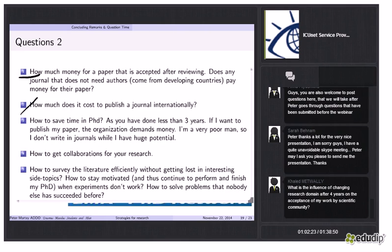How to save time in a PhD? You have done it in less than 3 years. Oh, okay. I want to publish my paper, but they need money. I am a poor man, so...